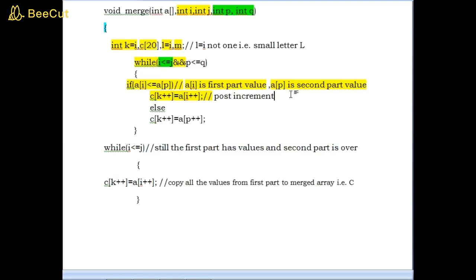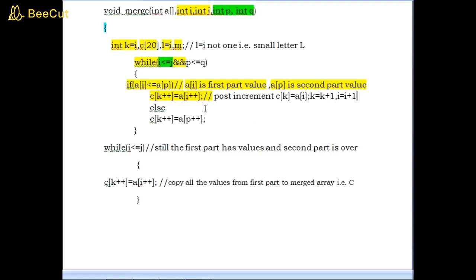Here first c of k equal to a of i happens. Later k is incremented by 1, k becomes k plus 1, and i is incremented by 1, i equal to i plus 1.